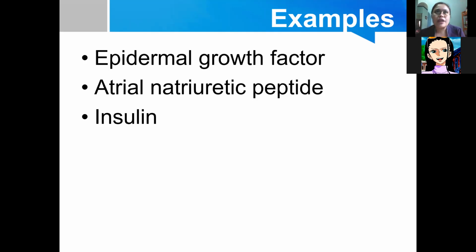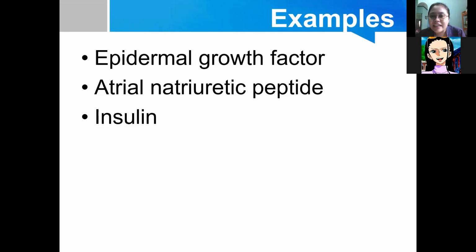EGFR receptor. And then, once na mag-bind niya siya sa EGFR receptor, tyrosine kinase will be activated and the result will be the production of epithelial cells or mga kanang cell divisions mostly sa mga epithelial cells nato. Okay? Like sa skin, epidermal growth factor na siya. Another thing is